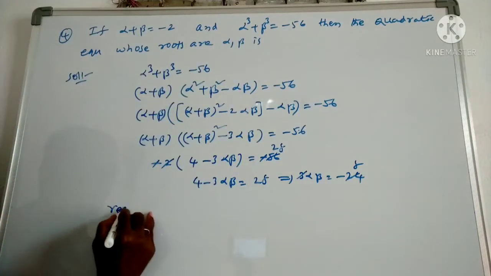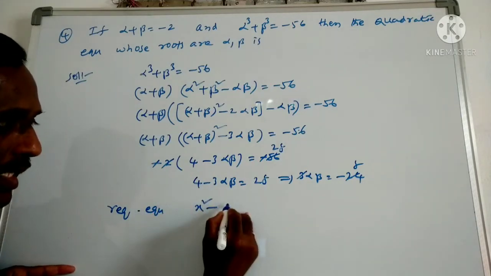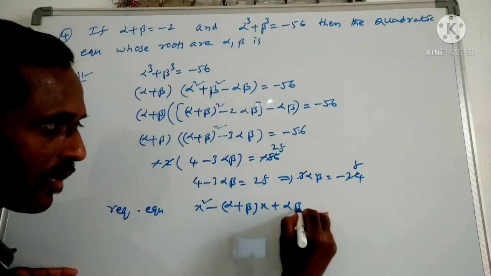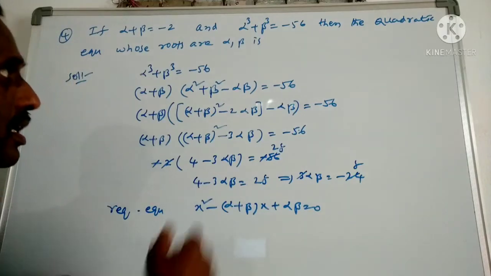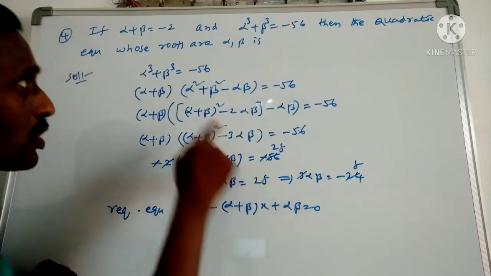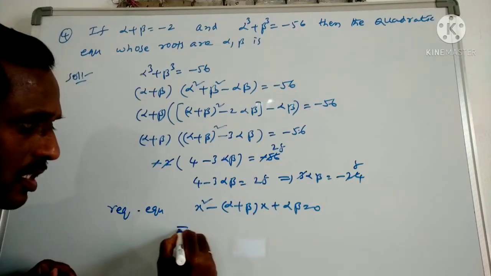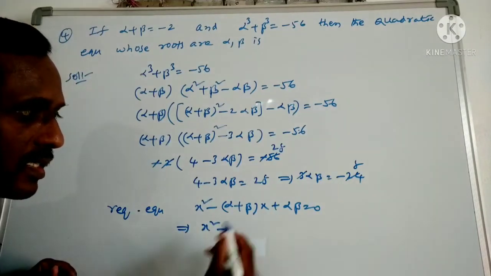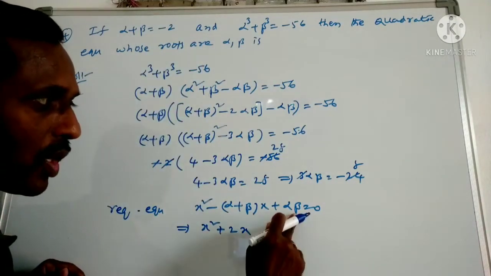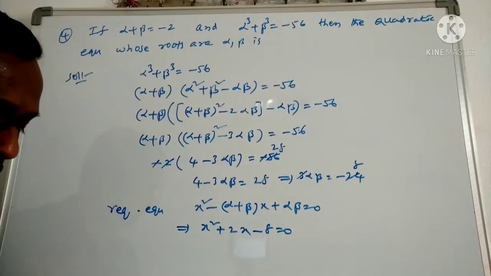Now what is the quadratic equation whose roots are alpha comma beta? The required equation: x square minus (alpha plus beta) into x plus alpha beta equals 0. Why? Because you have to write the equation with roots alpha and beta. So that is the equation. Now we know the sum value and we also have the product. Substitute the values into this. This implies x square minus the sum of the roots, which is -2, minus of a minus becomes plus 2x, and the product value is -8, equals 0.